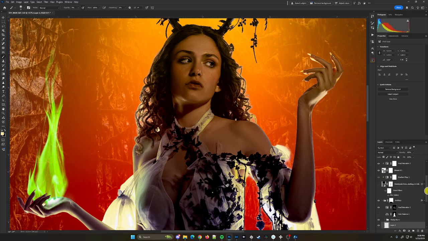Wait, why? Oh my gosh. Yeah, we are just going to undo that entirely. I also don't know why this is on a new layer. I don't know what else is on this layer. So we're going to undo.